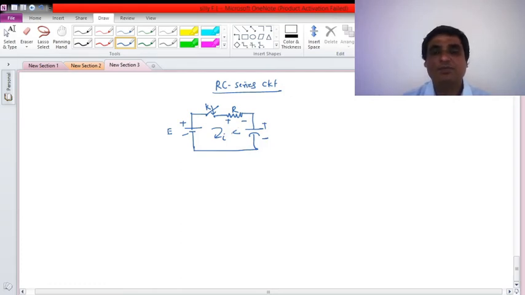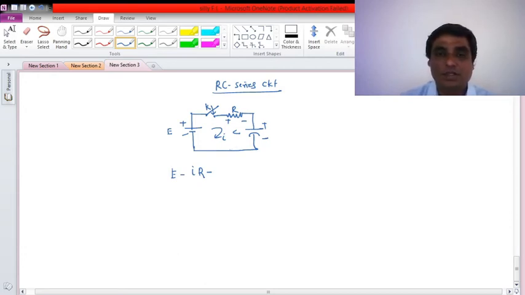Now we will try to solve it using the classical approach, that is the classical differential equation. In the time domain approach we will see it in short. So in order to solve this, let us write the KVL for it. What will be the KVL? E will be equal to minus IR, and I don't want to write it in terms of integral form.